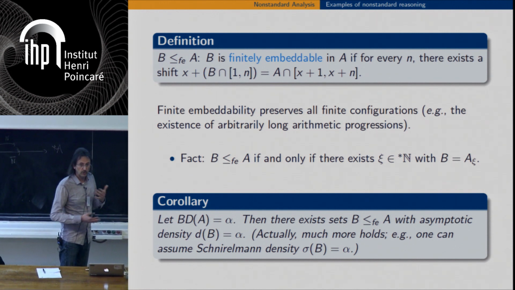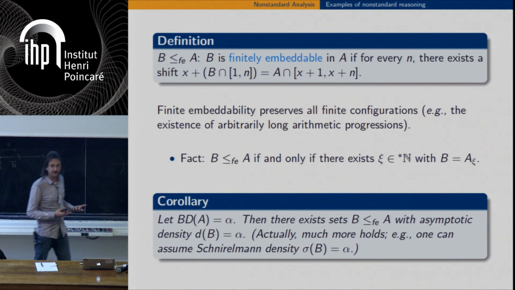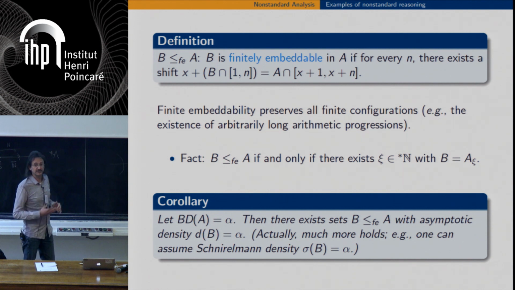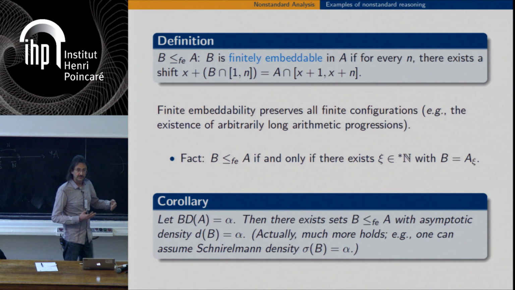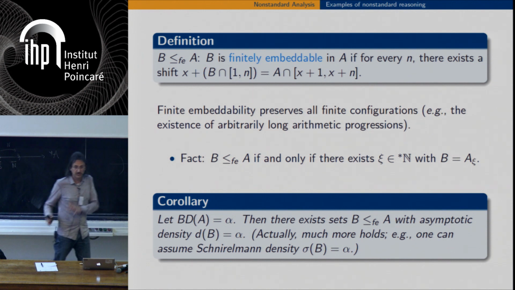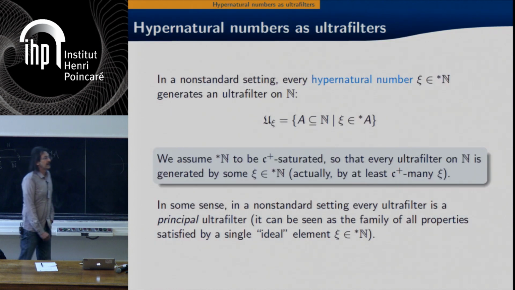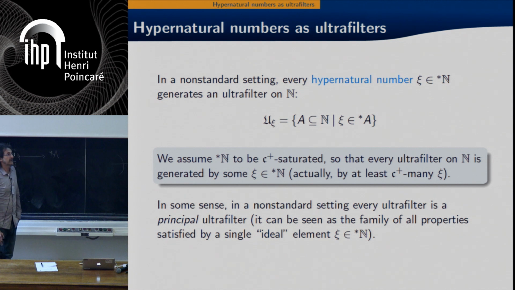This means that if we want to prove some combinatorial property, we can, without loss of generality, assume that we have the Schnirelmann density equal to alpha, not just the Banach density, which is a much weaker notion. Okay, this was just one example. And now let me go into the